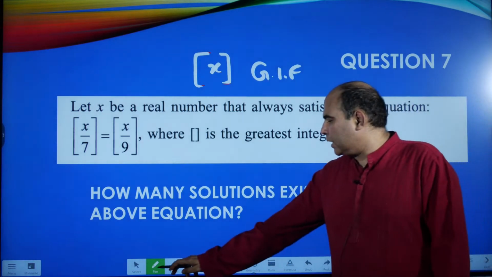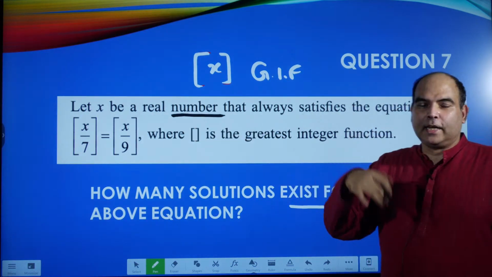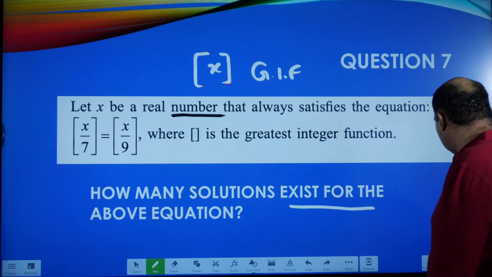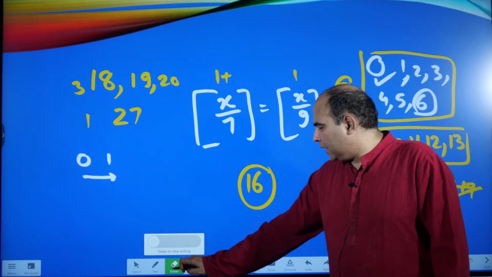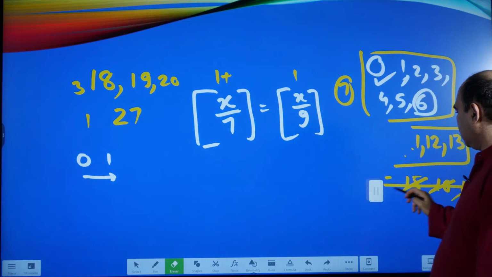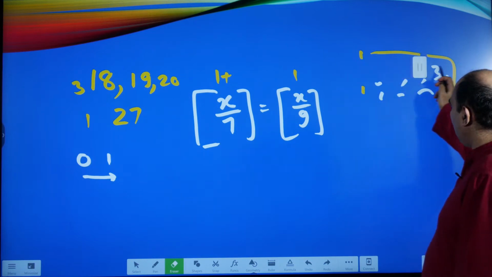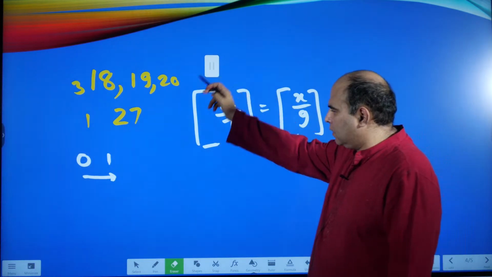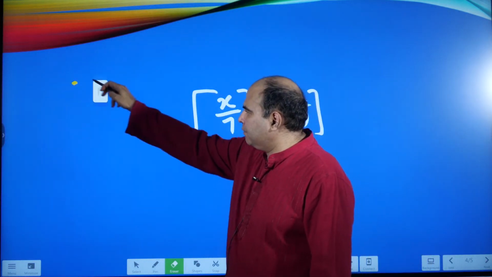But this question is saying that x is a real number. So that means x can take negative values also. So if negative side pe jaoge, you'll get a similar solution. I'm not expanding or giving you the entire solution here, but you can imagine this. I'll just give you the values. So what happens on the negative side? I'll just show you 1 or 2 cases, and what will happen on the negative side when x is negative